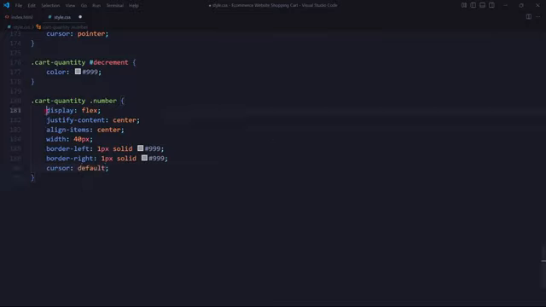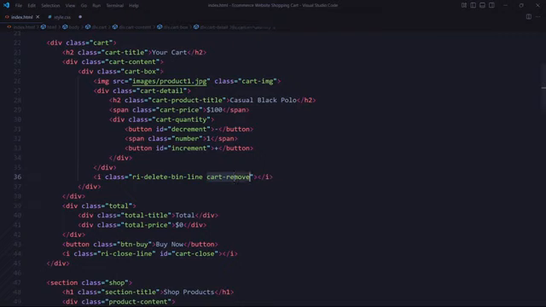display flex for a flexible layout. Justify content center to horizontally center the content. Align items center to vertically center the content. Width 40 pixels for the element width. Border left and border right each with a size of 1 pixel, gray color, and solid type for the left and right borders. Cursor default. And for the icon with the class cart remove,